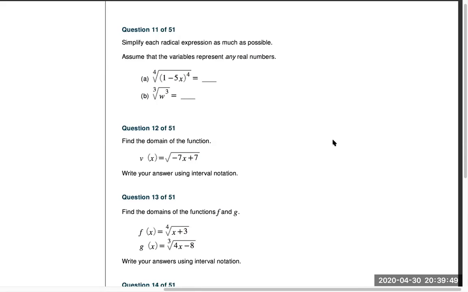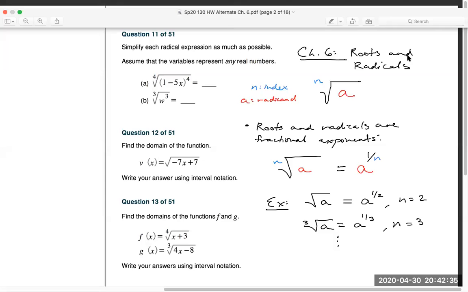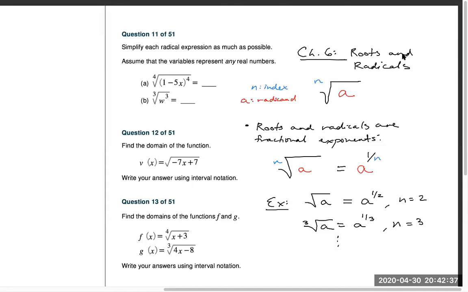All right, so just as a little refresher in case this doesn't work out, chapter 6 covers roots and radicals. Oh, Lord have mercy. Okay, hold on. Let me pause and see if I can figure this out. All right, everybody. So I got all the spacing and stuff worked out, and I just went ahead and wrote